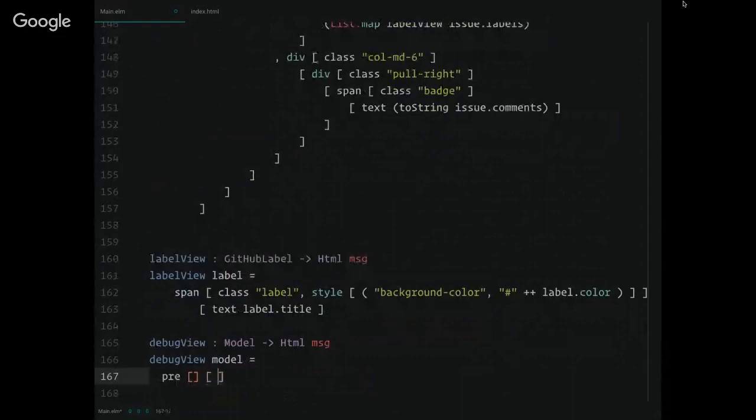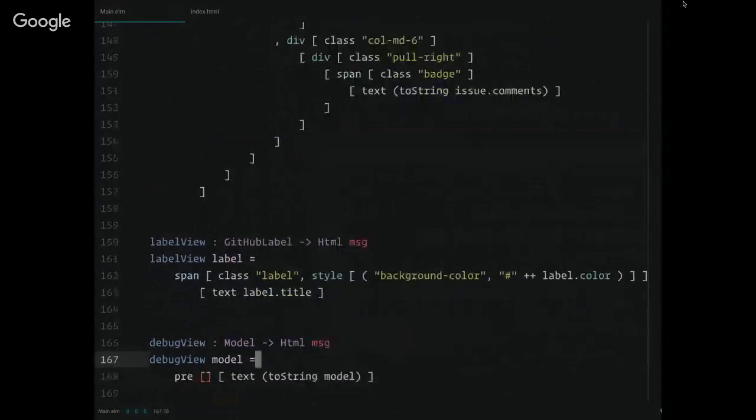So I'm going to get this little pre-block in here. Oh, I'm sorry, this isn't the same debug view. This one is just so we can see what's happening. I'm going to output a textual representation of the model, which is pretty much going to be JSON. So all this is in there, but it still needs to be wired up. None of the buttons know they're supposed to be doing things. The text input doesn't know it's supposed to respond to events.